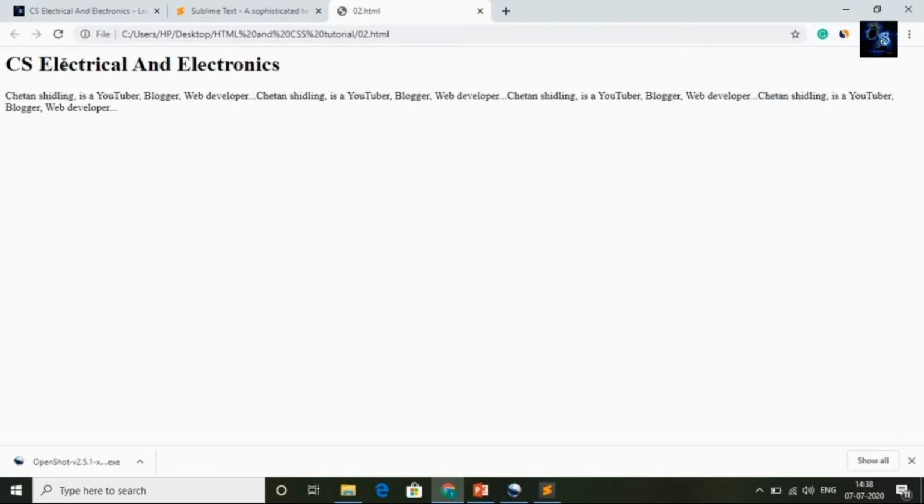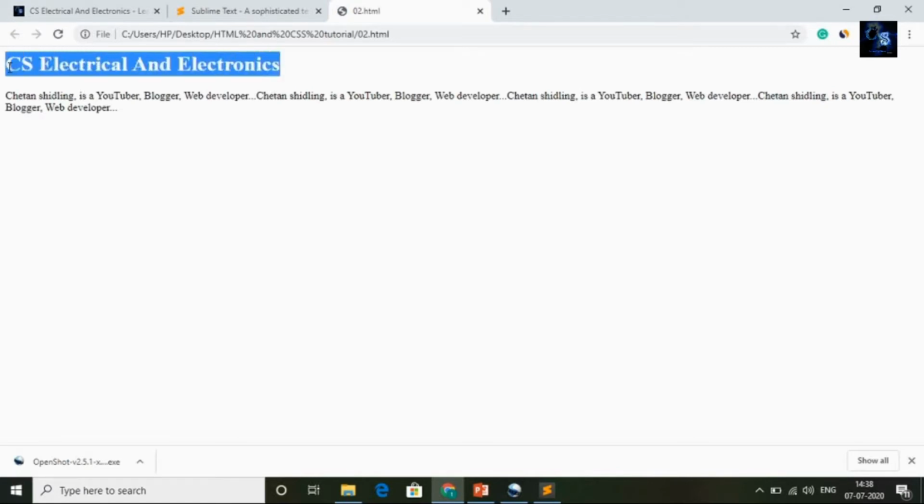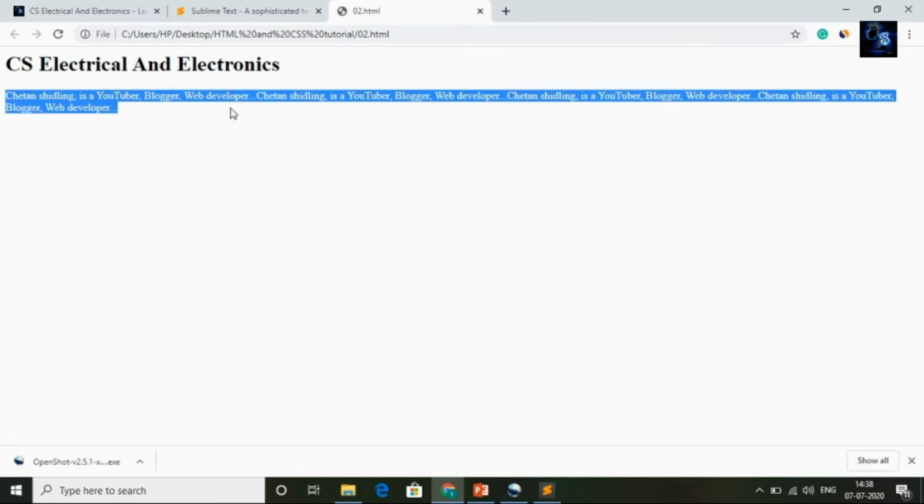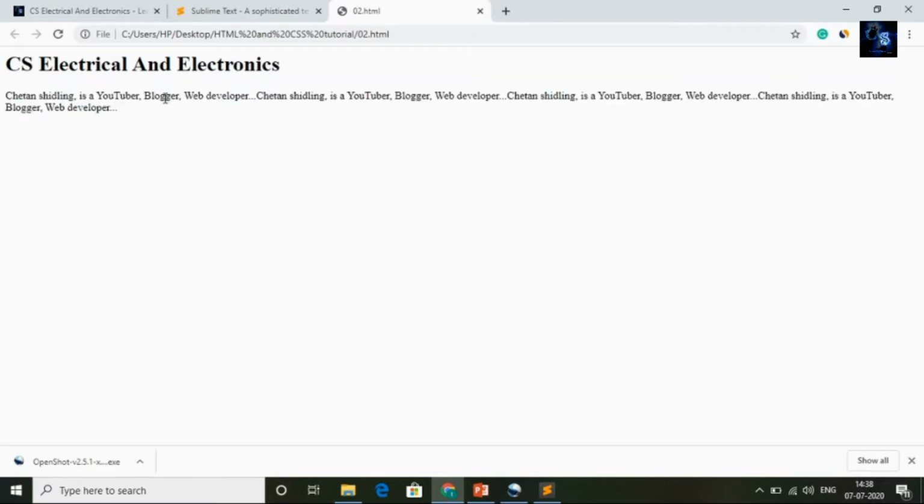This is the file. Here you can see the heading CS electrical and electronics, and here you can see the paragraph. This is the method of how to use tags in HTML. Later we will discuss different types of tags, link tag, image tag, and many more. Guys, this was about tagging.